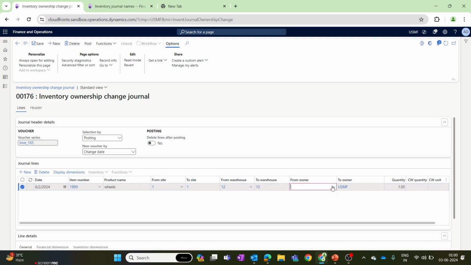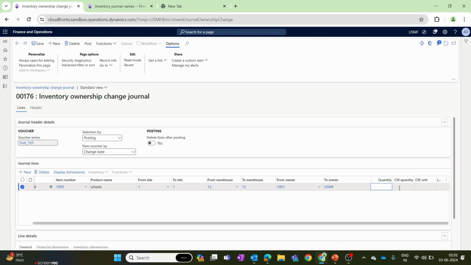From in ownership, I'm selecting the vendor from which we are changing the ownership. I select the vendor, and in the to section the system automatically assigns the USMF legal entity. And here, in the second last column, we have the option to select the quantity. In my scenario only 60 quantity I want to consume to sell to the customer, so I'm just selecting the 60. If in your scenario you want to consume this stock, you can fully consume this